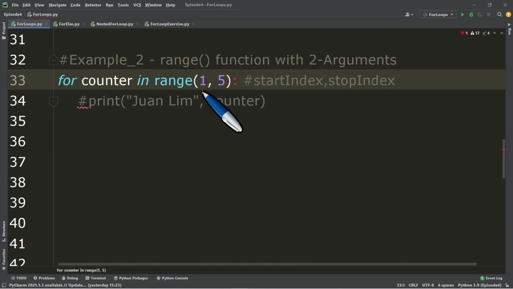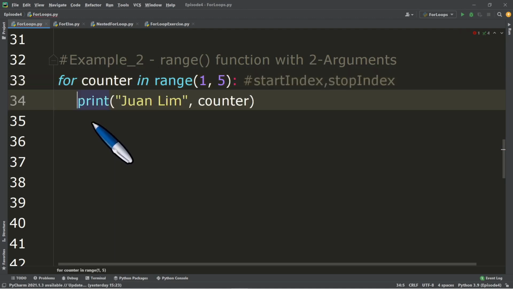So what does it mean? If we put two parameters here, the first parameter is the starting index, and then the 5 here is now the stop index. For example, we will print out Juan Lim, and then we will use the counter